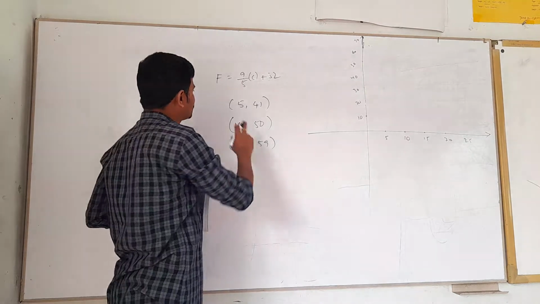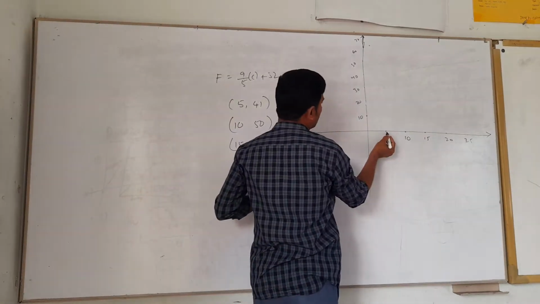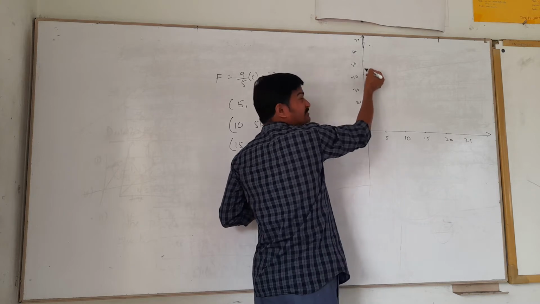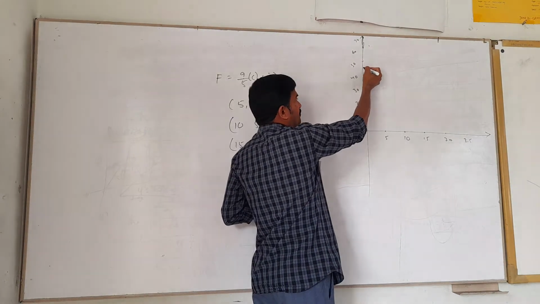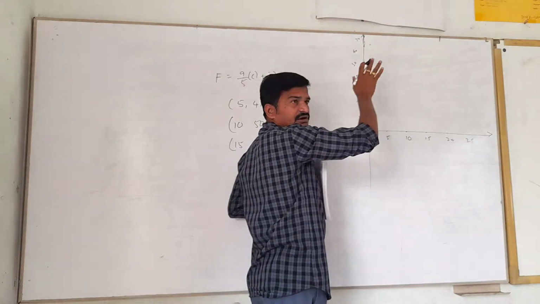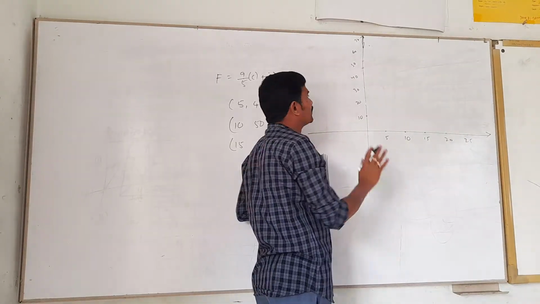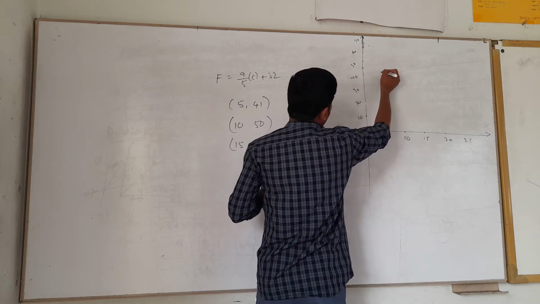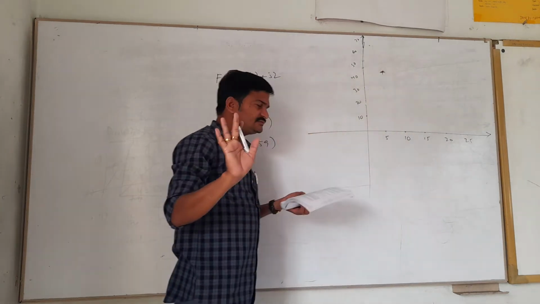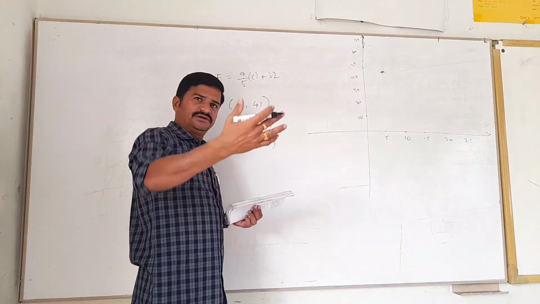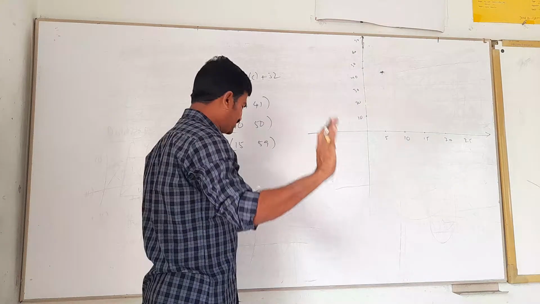So how do you draw first 5 and 41? This is 5, 30, 40. 1 means here 10 lines will be there. See, the middle line is a somewhat dark line and small lines, it will give 5 now. On a graph sheet it will appear like that. So 41 means it is here. So this is the point. This is a rough sketch only, but if you want the exact answer, do it on a graph sheet. But I will tell you the process now.